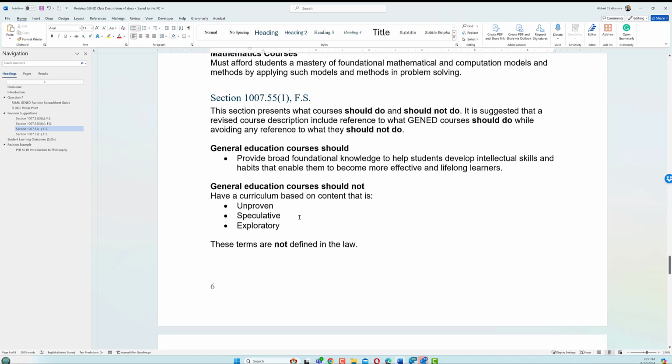Now this next part is a bit trickier, because general education courses should not have curriculum based on content that is unproven, speculative, exploratory. These terms are not defined in the law. So